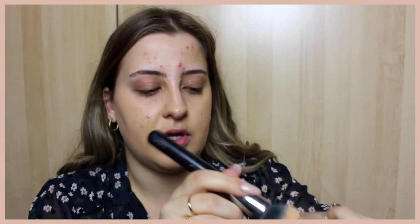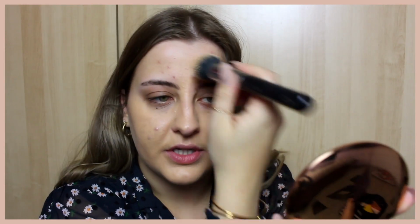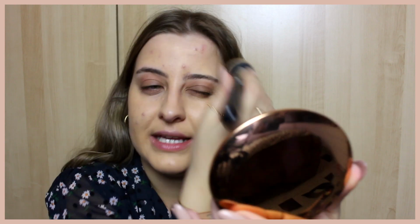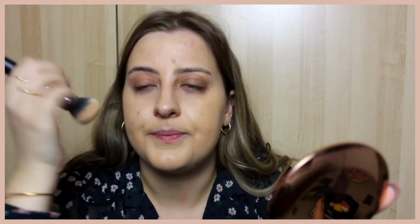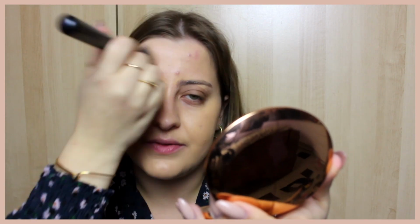I'm eating healthy. I'm exercising, but I wash my face as soon as I stop exercising. But I lost quite a lot of weight. I lost 16 kilos so far in a few months, and I saw on the internet that when you lose quite a lot of weight, very often you get hormonal breakdowns, because your body doesn't really know what's going on. So I feel like it might be because of that,